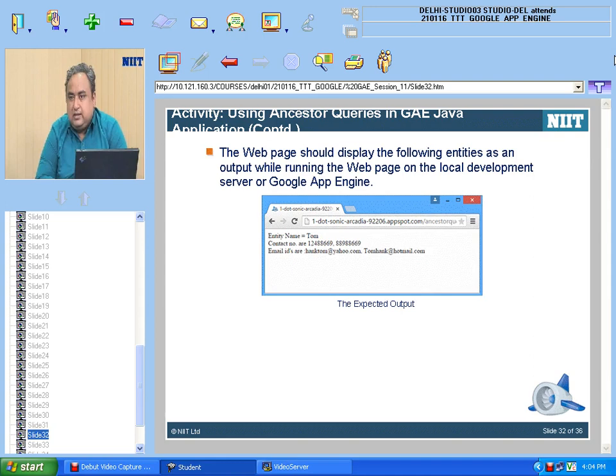Filtering unindexed properties returns no result. So if some property is unindexed, you will not get any result. Entities lacking a property name in query are ignored. Queries inside transactions must include ancestor filters. So the key things which we should remember in this is that there is